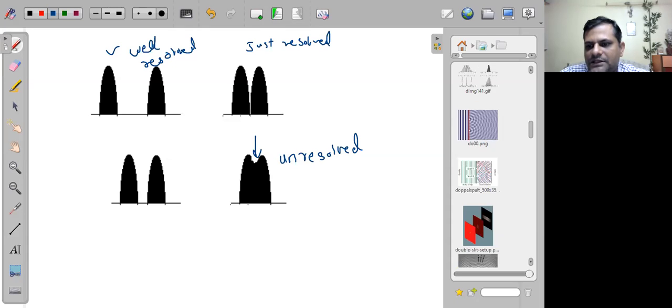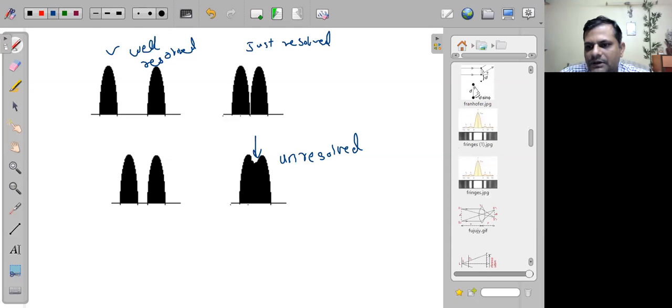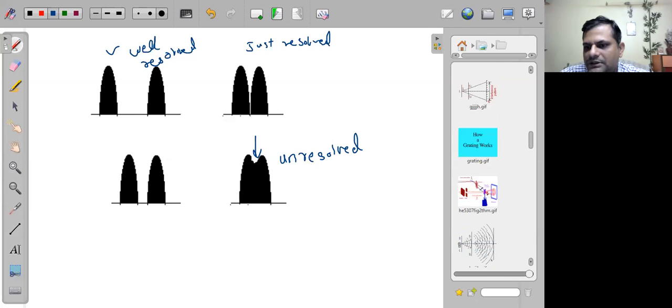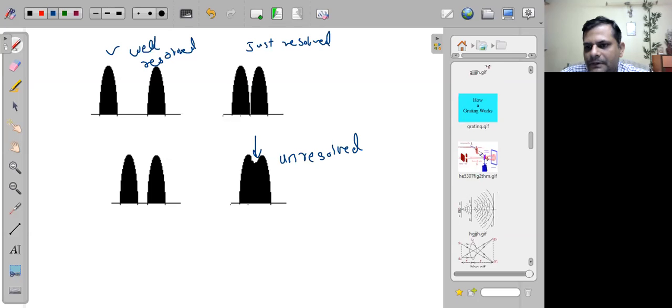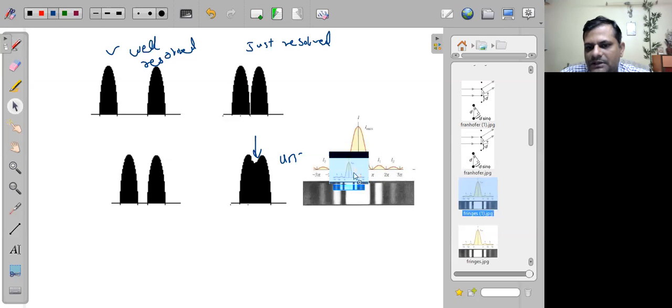Remember, Rayleigh's criteria gives us the distinction between whether the two objects are resolved, well resolved, or unresolved, or just resolved in this way. देखो यहाँ पे ये डायग्राम को देख के भी हम आराम से ये समझ सकते हैं।